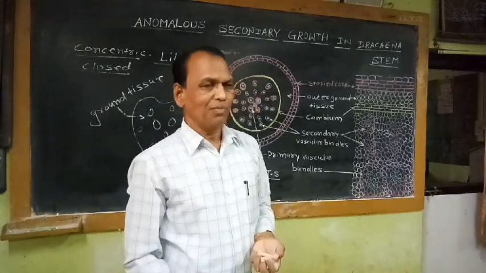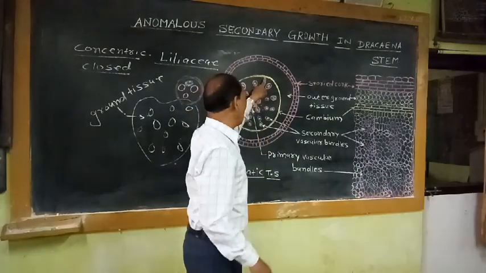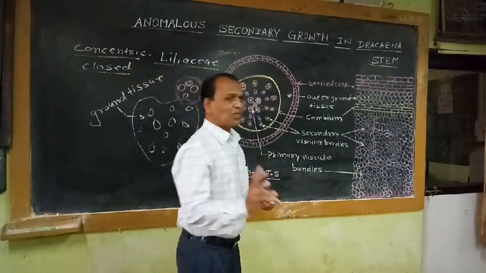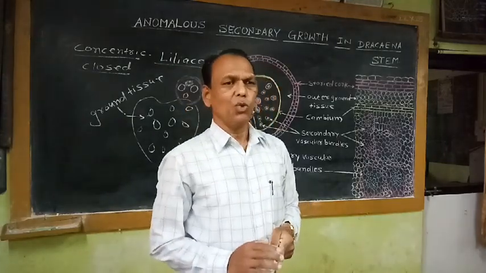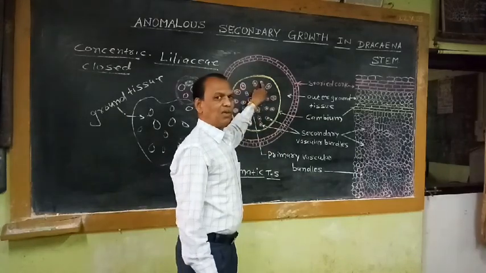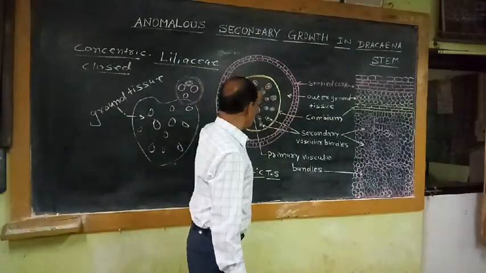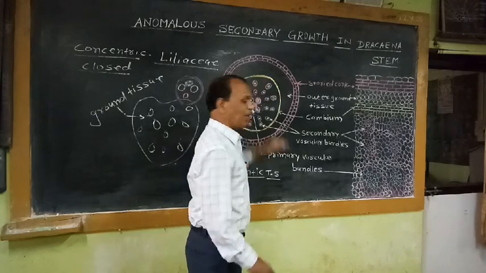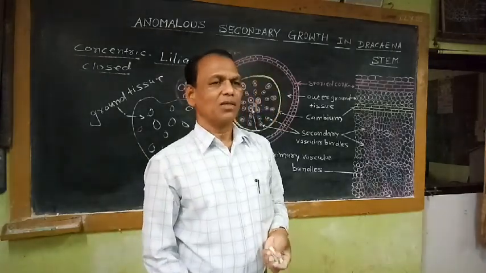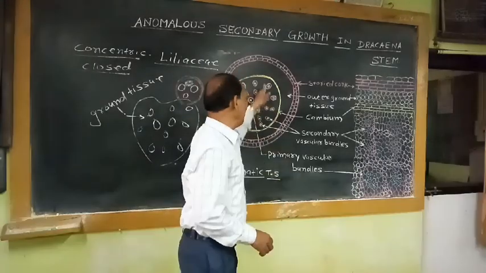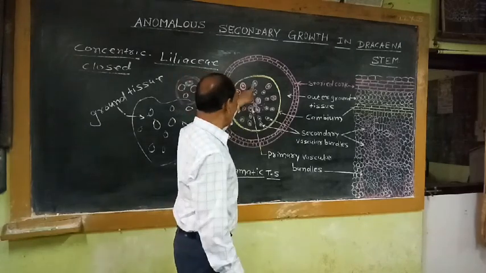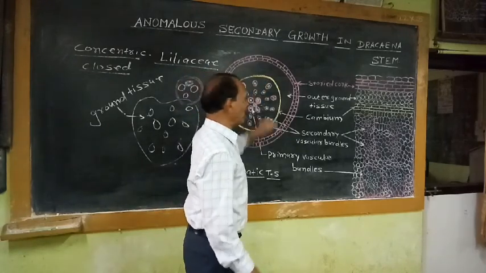But in Dracaena stem, when cambium develops from peripheral ground tissue cells, this cambium produces secondary tissue in the form of secondary xylem and secondary phloem only at the inner side. That means secondary xylem and secondary phloem tissues are added by this cambium only at the inner side. So these secondary xylem cells and secondary phloem cells, which are produced by this cambium only at the inner side, are metamorphosed into vascular bundles. That means these are the vascular bundles which are produced by this cambium.